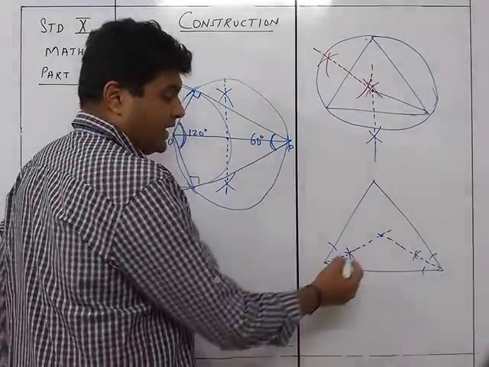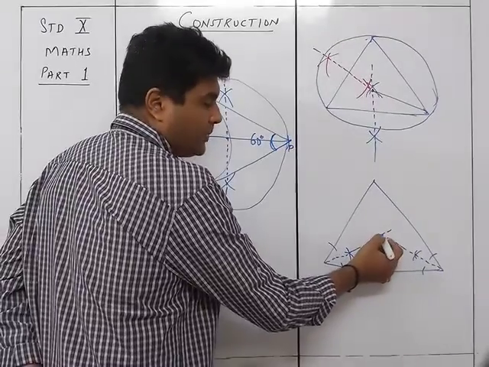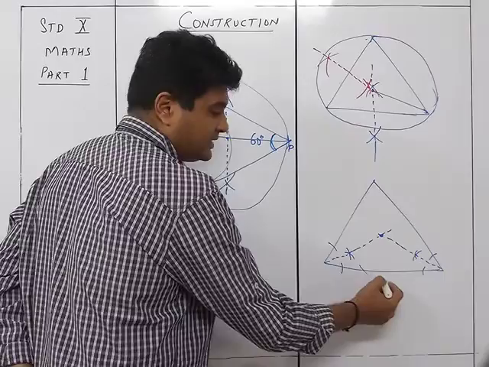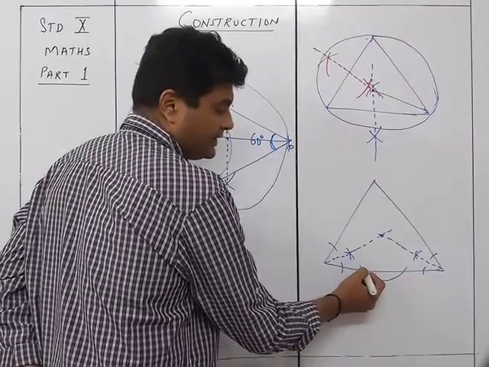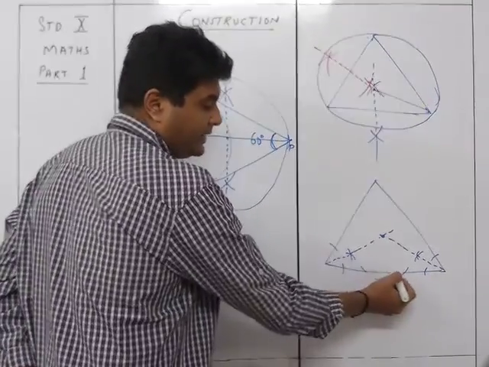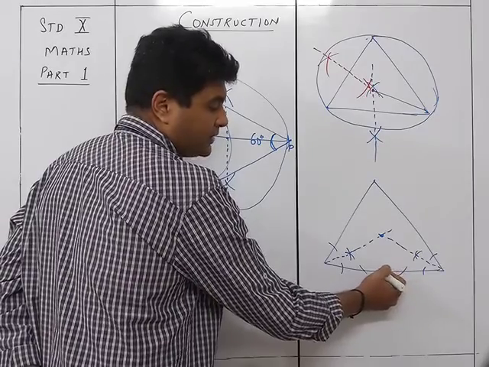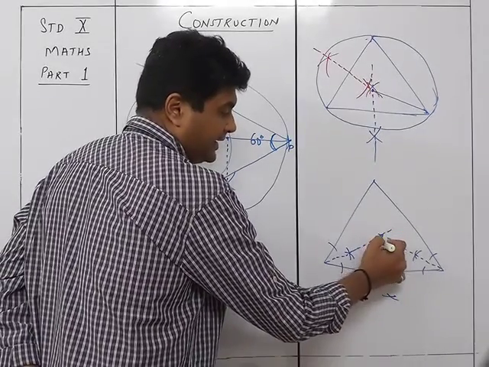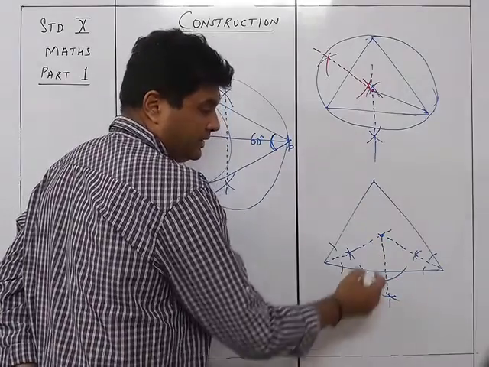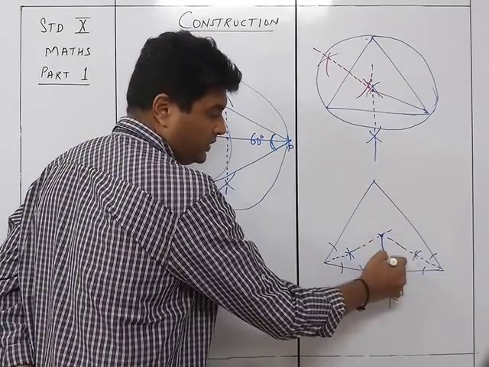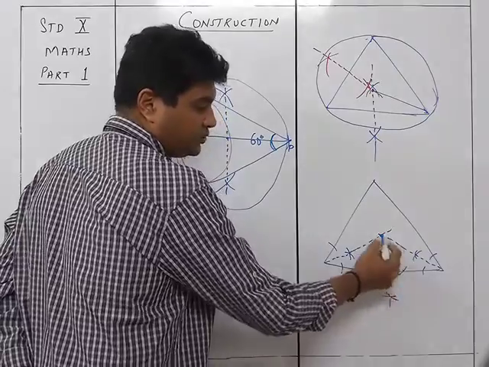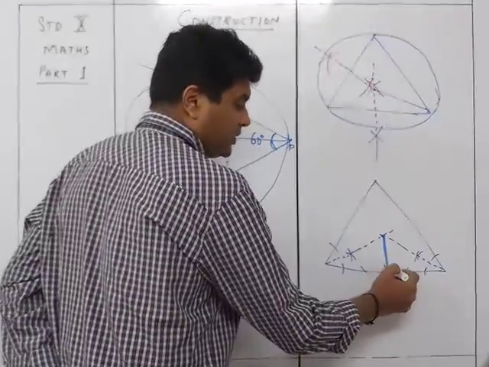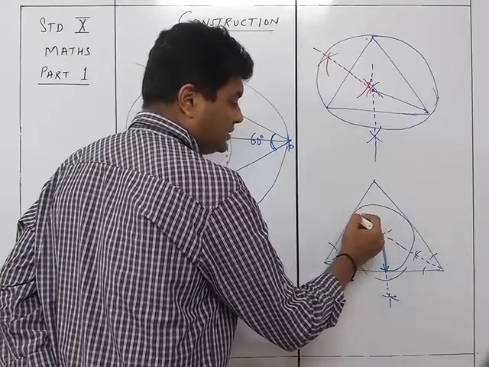So from here I need to draw a perpendicular. So how do I do it? The D method. So from here I'll take a D like this. Okay, so I get this point and then I'll take any radius more than half and cut an arc here, and from here I'll cut an arc here, and then I join this line over here. Then this distance from this point to this point is the radius, and then I draw the circle which will be touching the triangle at the three sides.